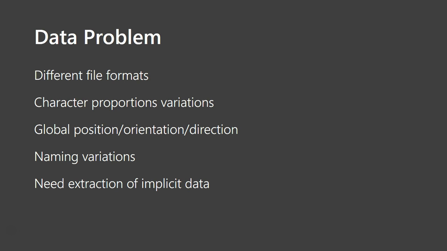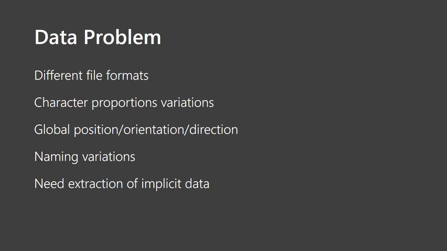If you're using royalty-free data from other institutions, and even if you're producing the data yourself, there's probably different equipment that will give you different results, different file formats, different skeleton descriptions, and your actors might have different proportions, so proportion variations, they might move differently, and then you have